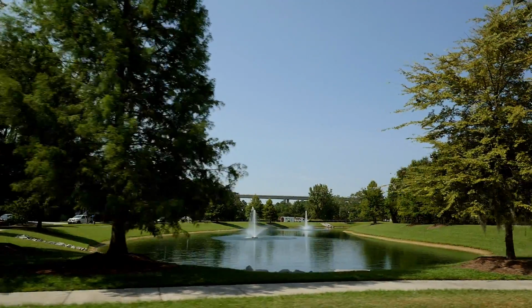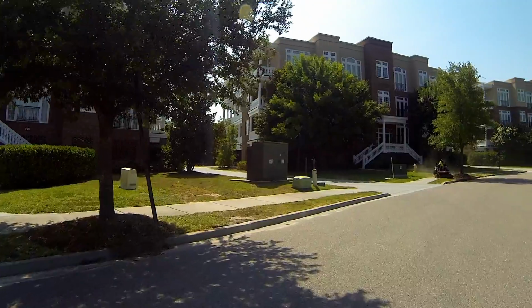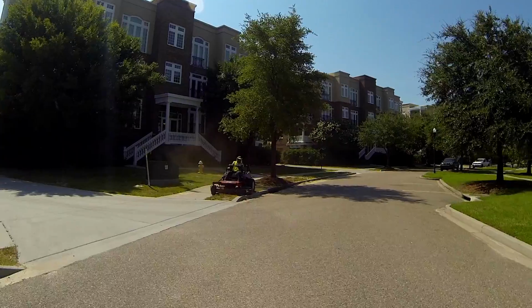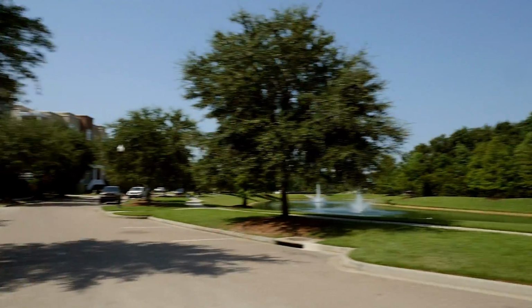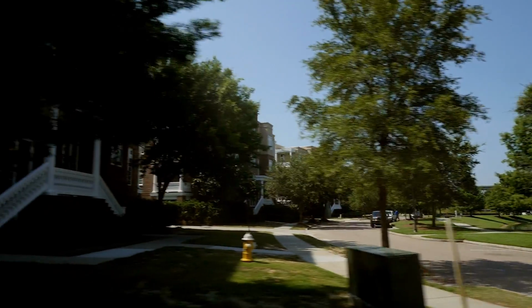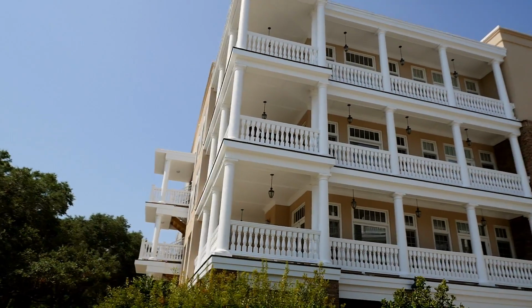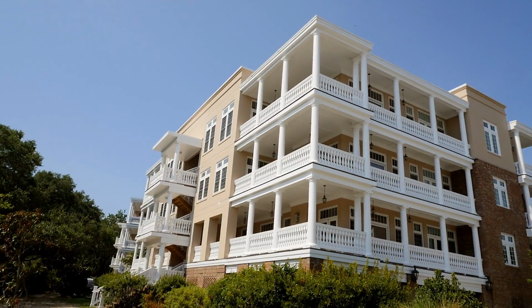They originally sold in the 7s and 8s, and some of them close to $1 million. And then they resold at the very bottom of the market when the litigation was going on. And if you don't know, when litigation happens on a building, it's hard to get financing, or it's nearly impossible. So these were, in my opinion, some of the better buys that you could have made on Daniel Island several years ago, simply because where they sit now, they're completely fixed, and you're looking at $600,000, $700,000, $800,000 now for